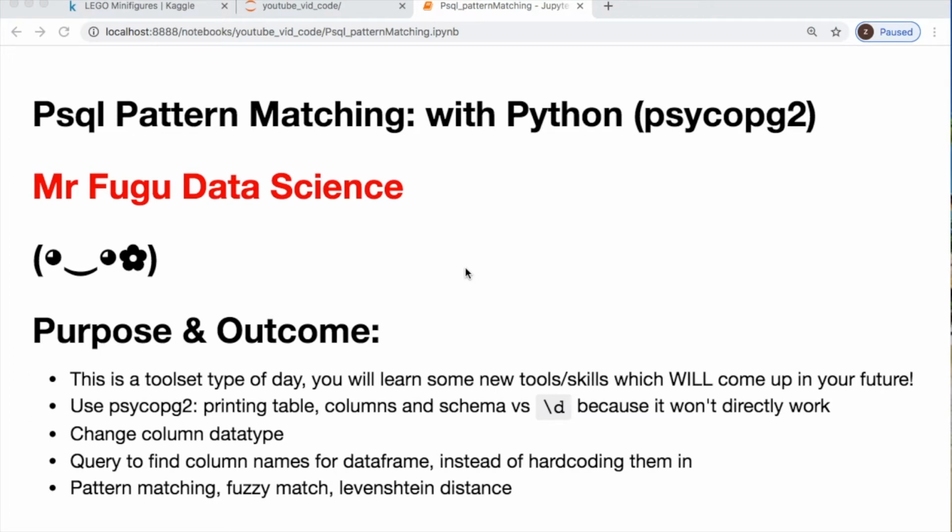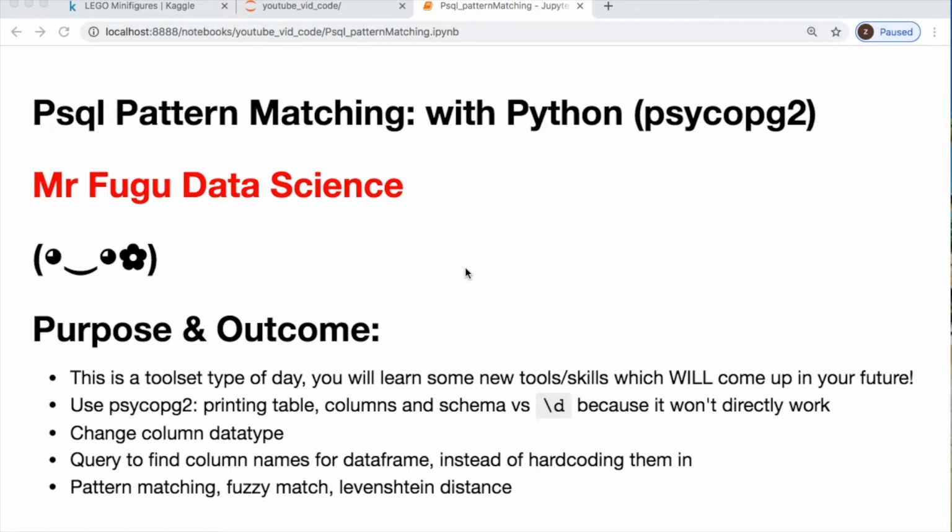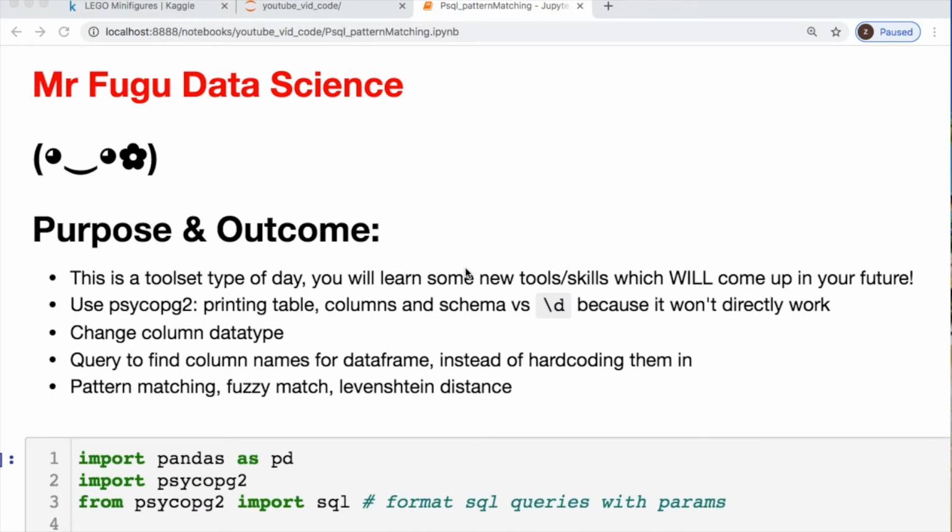We're doing some pattern matching today with Postgres and Python featuring psycopg2. I figured this video would be very useful for somebody starting out or just trying to get some basics or remember something they may have forgot, because pattern matching is very important, as well as trying to figure out how to manipulate functions within psycopg2 that emulate command line utility, which is not straightforward.